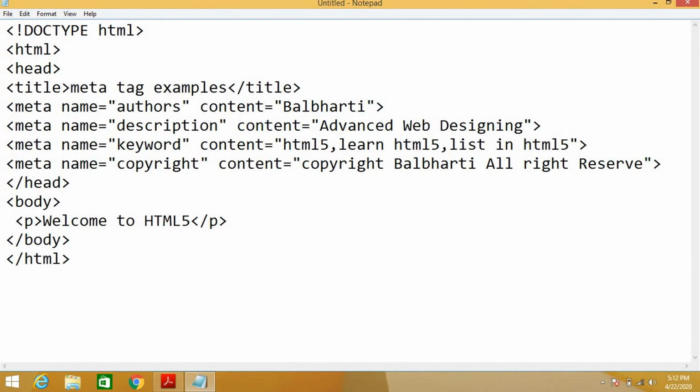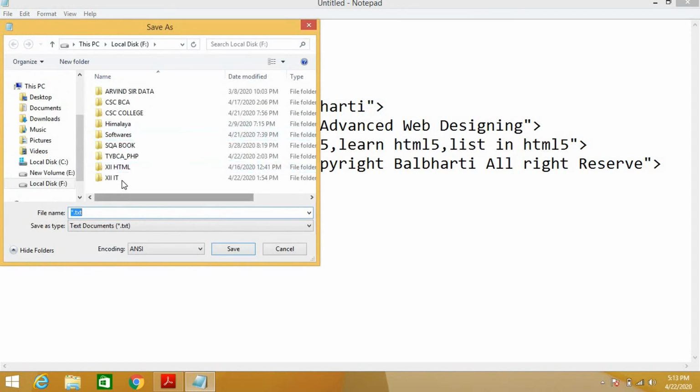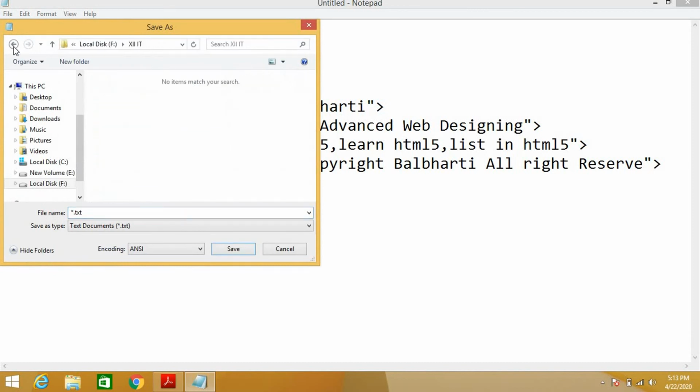When it is not required to close the tag, it is known as an empty tag, or singular tag. We'll save this in the 12 HTML folder, which I have already created. Let's save this as meta.html.